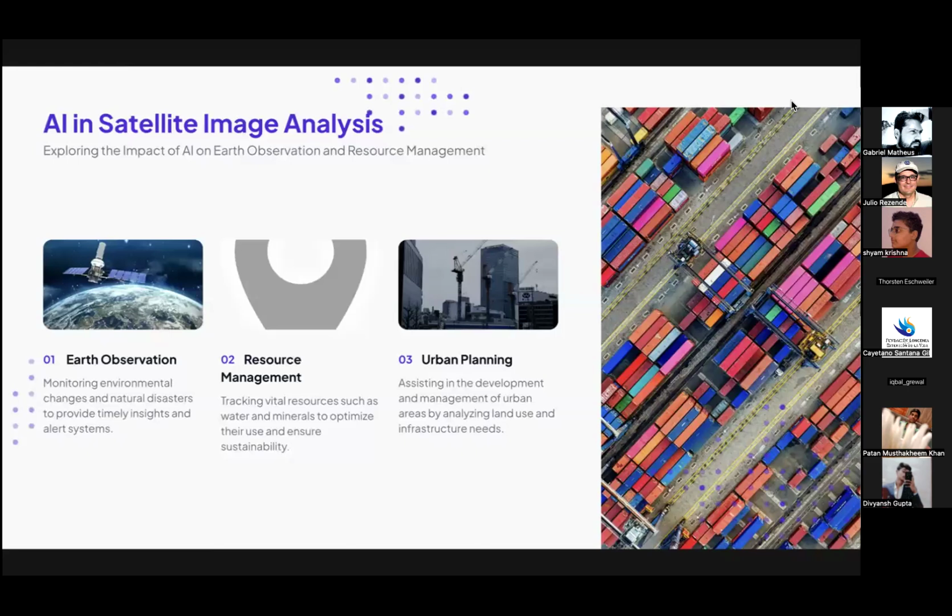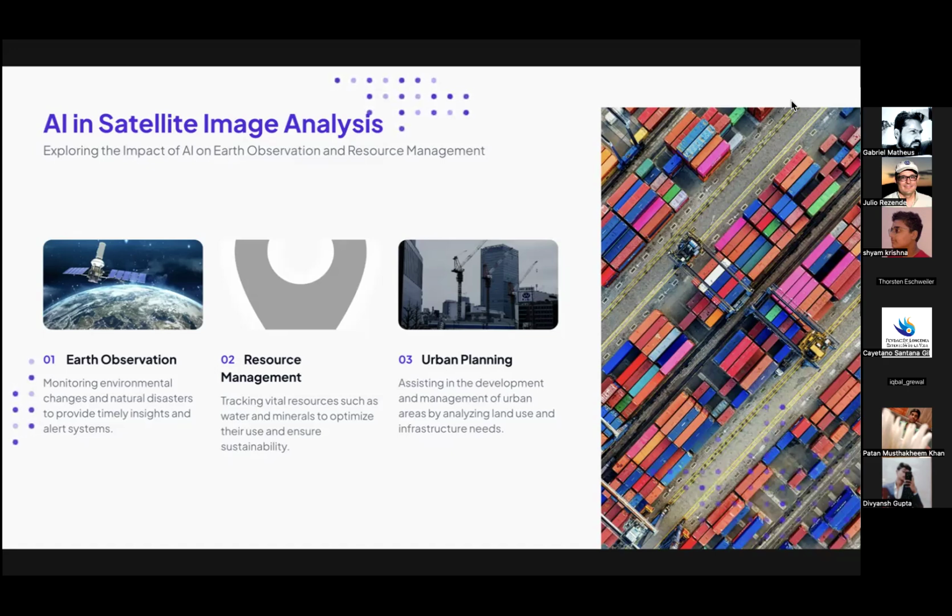Now, starting from Earth observation, how we can use artificial intelligence to monitor the Earth's surface. For example, there is the stratosphere, where we can observe that particular layer without any human intervention, and the machine will analyze how the data is coming and how we can use the data to predict the future. For example, predicting the weather based on the previous 10 years or 20 years of data. We will collect all the previous data, then we will use our machine learning models to predict the future.